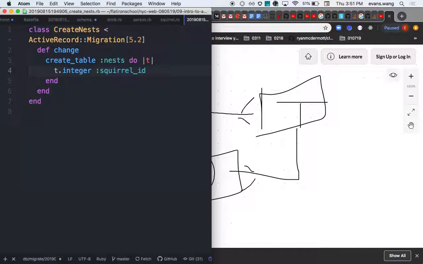Other attributes for nest might be like material that it's made of, but that can get real dicey, right? Like New York City has a lot of materials we probably don't want to talk about, like me. So